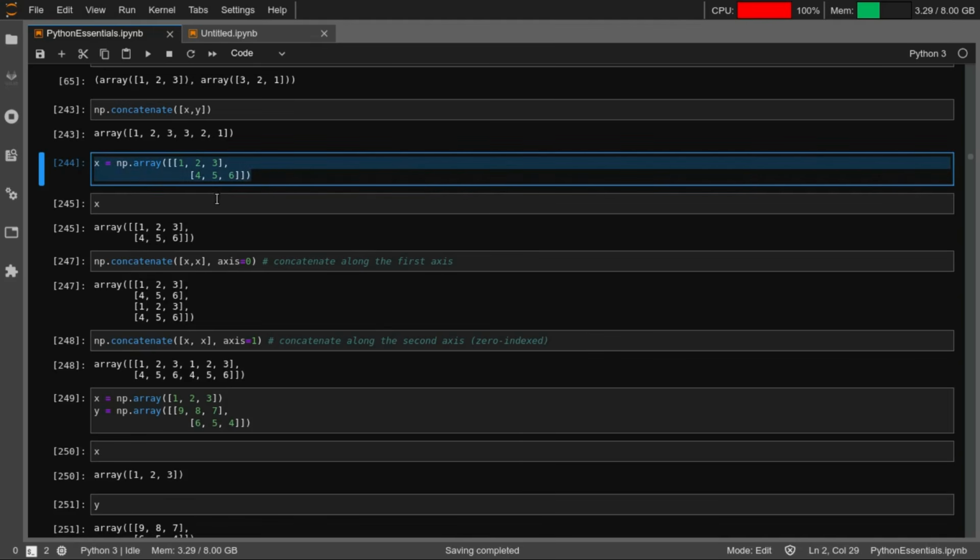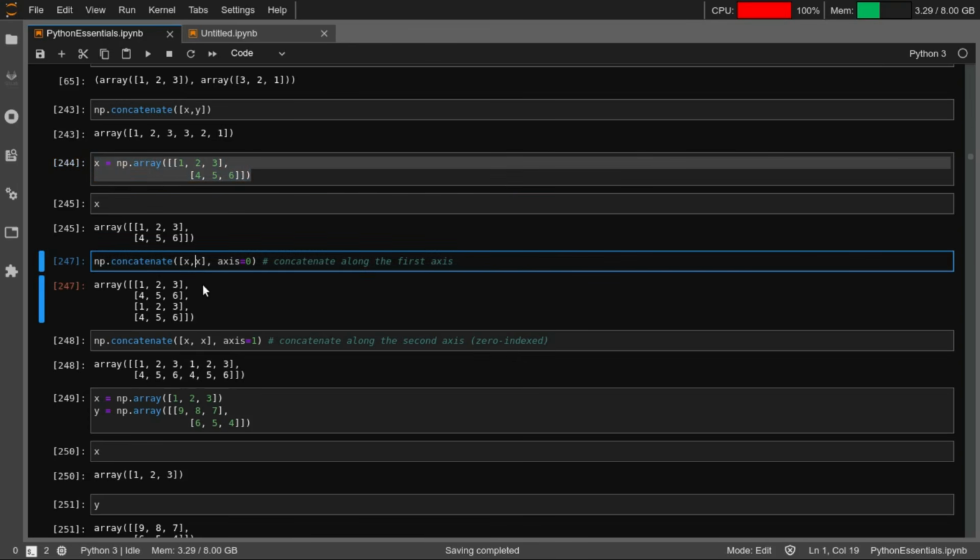So this is a 2 by 3 array, and you can concatenate that array with itself, right? And you have to mention the axis. On which axis do you want to merge, right? So you can say 1 2 3 4 5 6. So this second x can be concatenated below this, or it can be concatenated adjacent to this, right? That can be specifically mentioned by giving the axis argument.